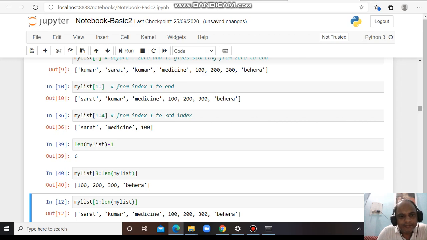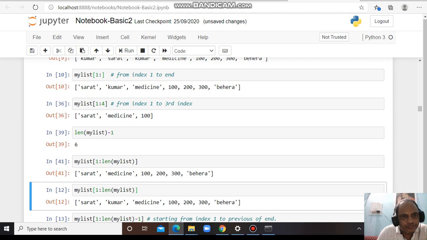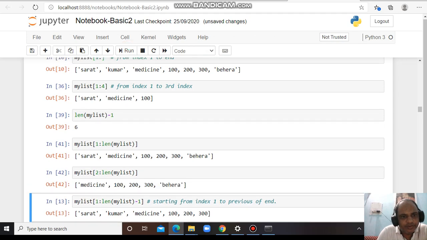Similarly, this is from the second index, 0 1 2, starting from medicine.